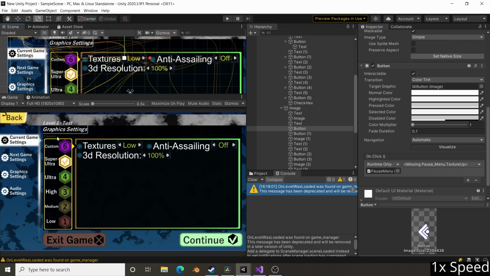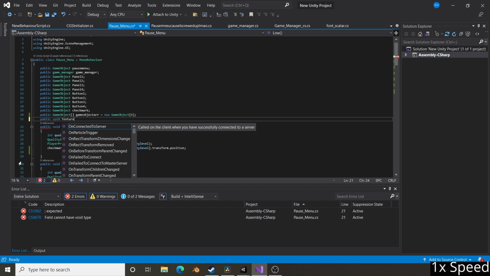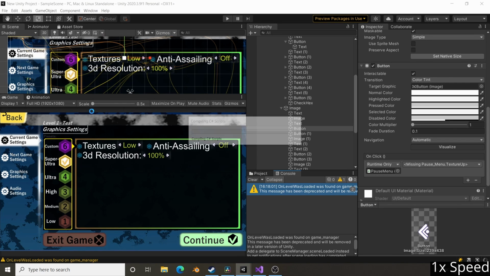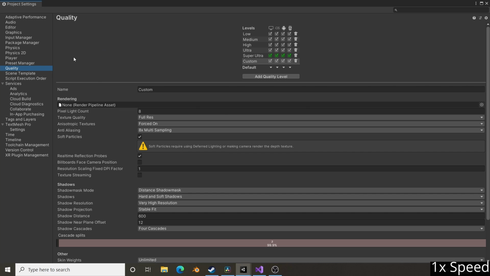We also want this to save, so when somebody closes and reopens their program, it remembers if they chose a preset and if they chose the custom preset, how they customized their custom preset. The first thing we're going to do is public void texture up. And now if you look at File, Build Settings, Player Settings, notice that in the quality tab, there's 4 settings for the anti-aliasing and 4 settings for the texture